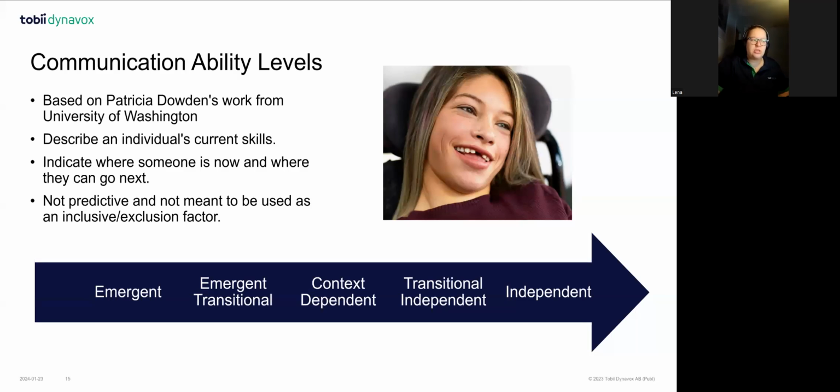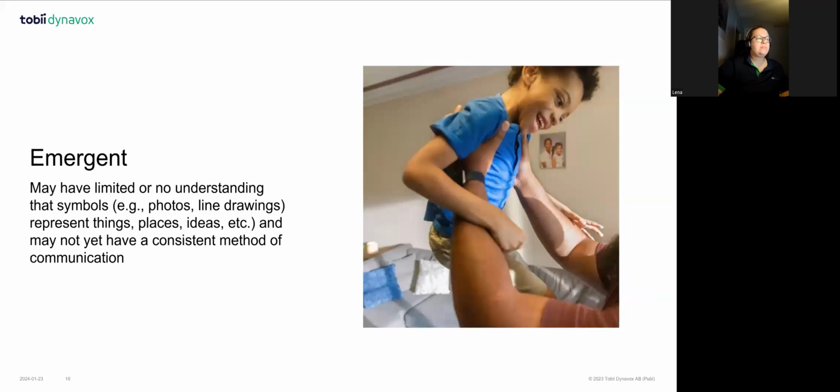So emergent transitional and transitional independent have been used to show somebody who's not emergent anymore, who has moved on forward. So we're going through someone's skills and abilities that need to be developed, someone's existing ability levels, and we're moving forward from that. If we would like to describe those users, when we're talking about somebody being emergent, we would think that it's somebody for whom